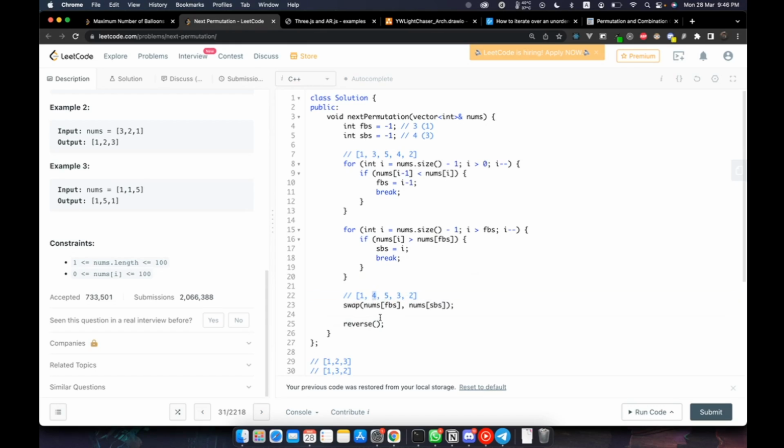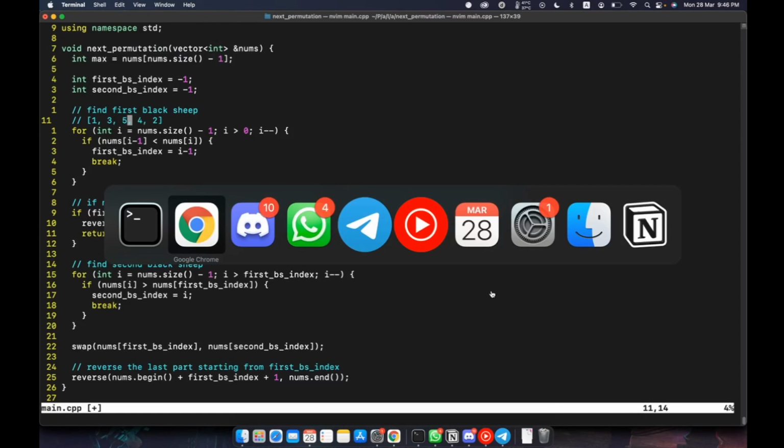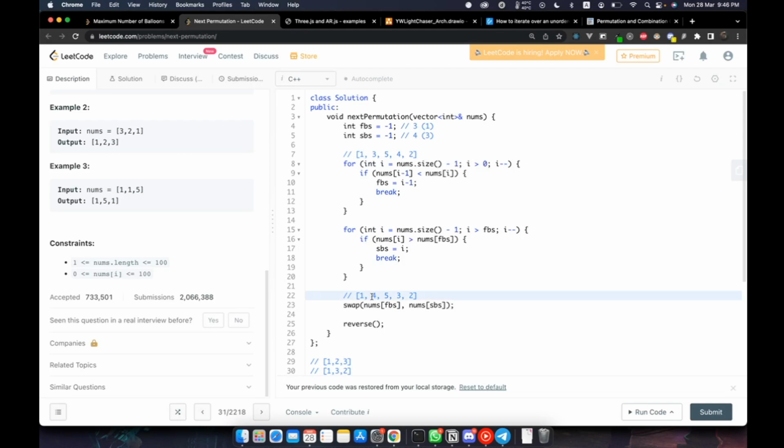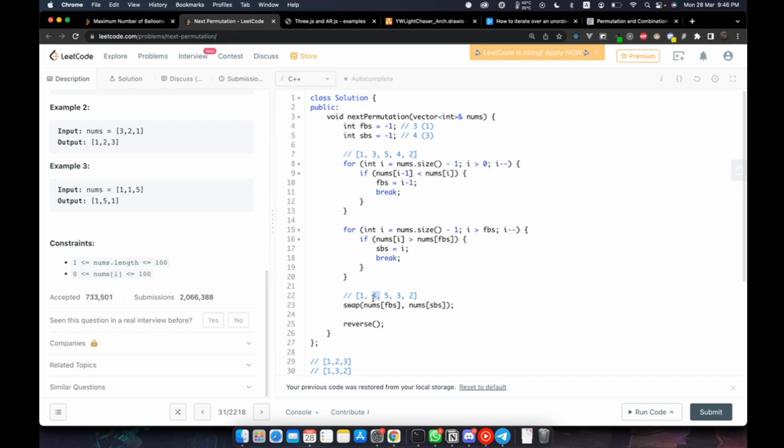So it will be from the first black sheep's index to the end. I want to reverse just that part, right? But if I were to do reverse nums, it will reverse the whole thing, and that's not what I want. In C++, you can specify the range by giving it the index. Because it's a vector, I can do nums.begin, which actually just points to the start, and then I can just add the